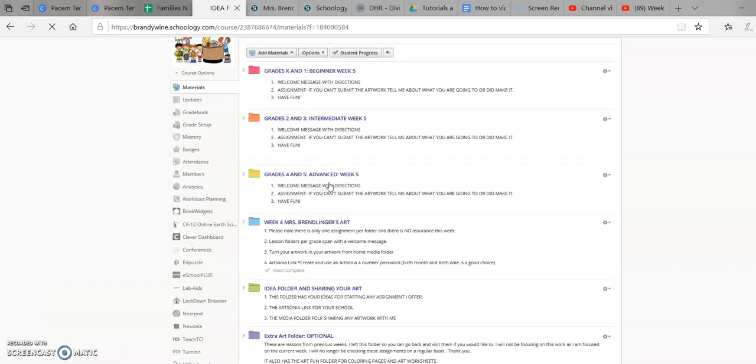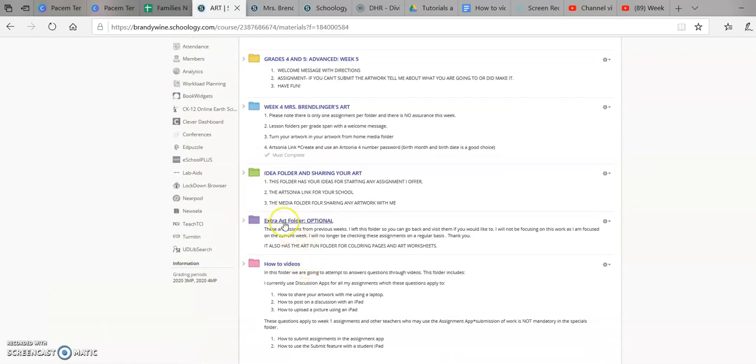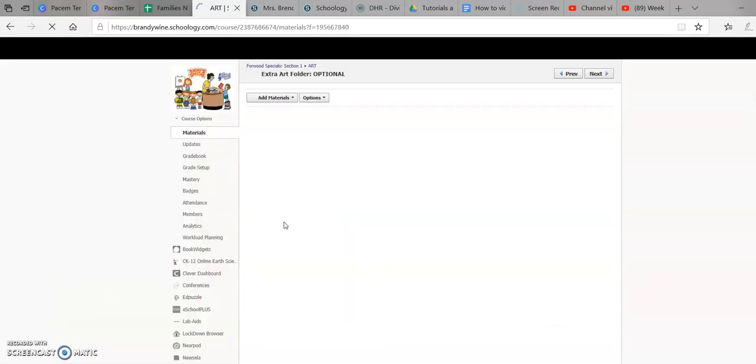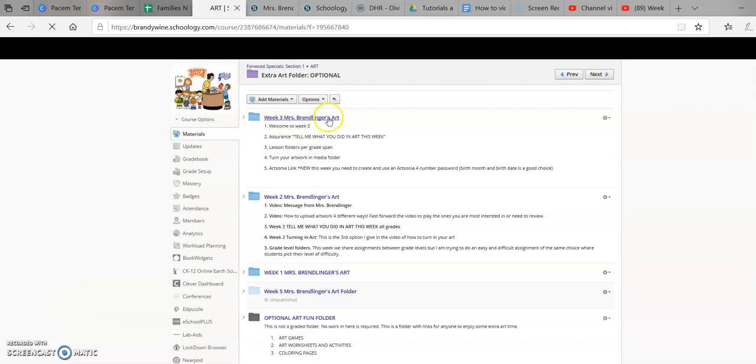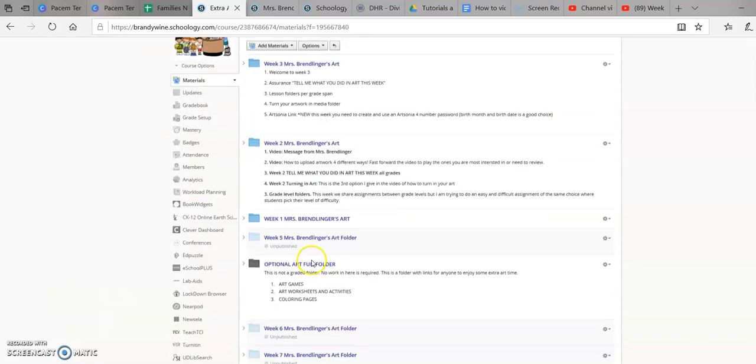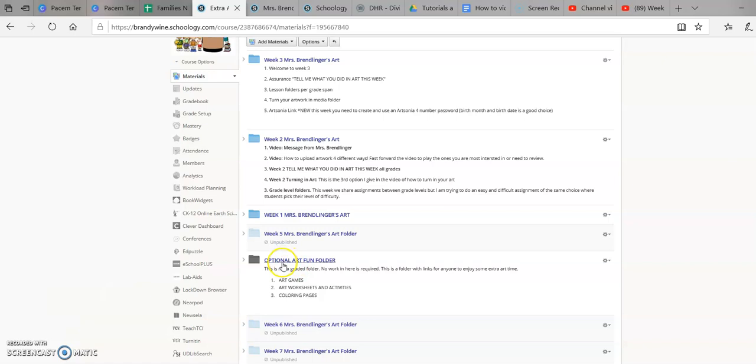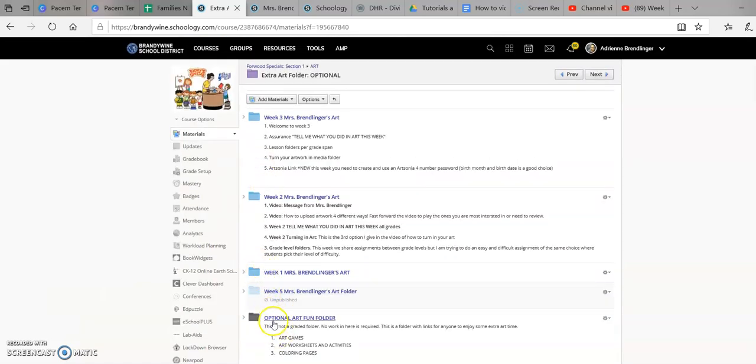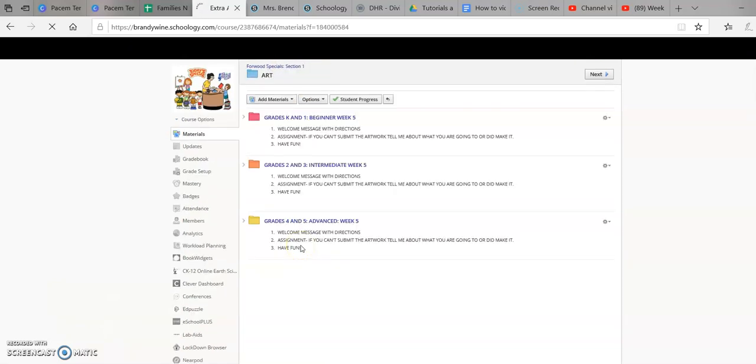Going back to Mrs. Brendlinger's art folder, I'm coming down here, and here's the extra art folder. This is optional. You do not have to do this. I am opening this up, and this gives me my past week assignments. It also gives me any optional assignments Mrs. Brendlinger threw in there. Some of those I think are in the weekly assignments. Also, it has, and I believe I'm going to put this up top, your optional art fun folder. That has things like art games, art worksheets, and activities, coloring pages. Going back to Mrs. Brendlinger's art page,